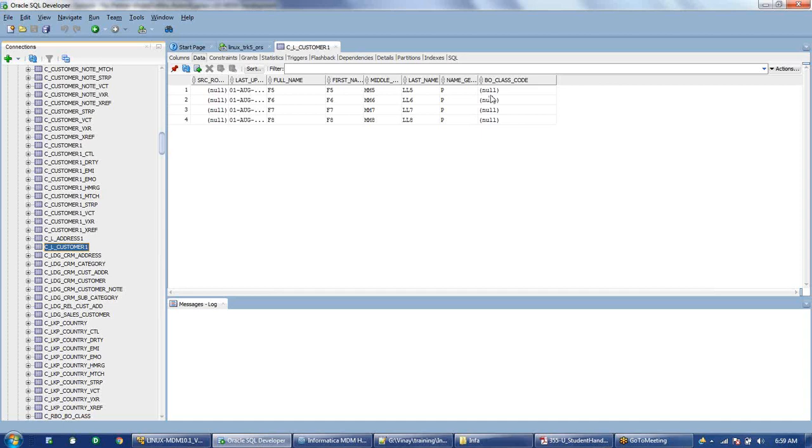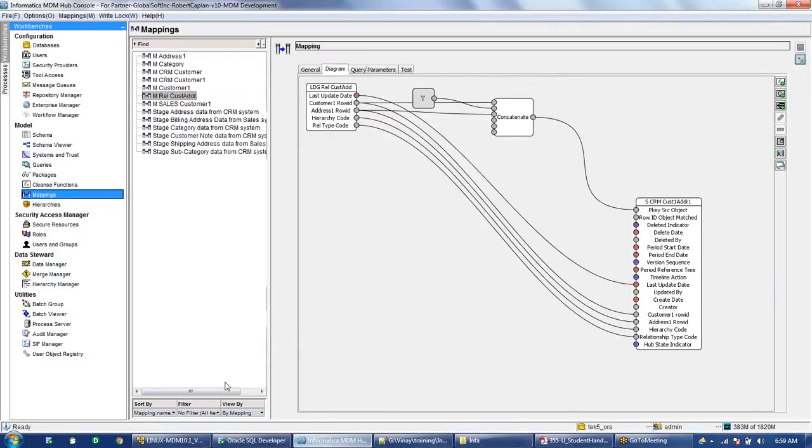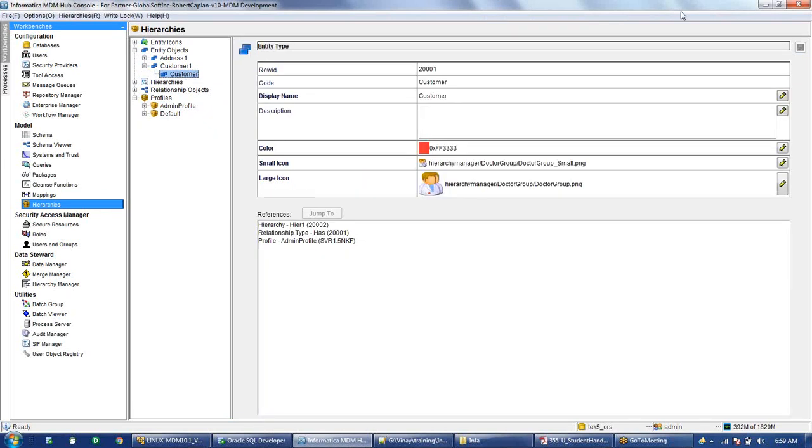BO class code is basically the entity type. The entity type that we are using for the customer table is customer itself. You can get it from the MDM console, or you can go to the CRBO BO class table and get the name from there. So let me go to MDM, to the hierarchies, and here we have the entity type as customer.